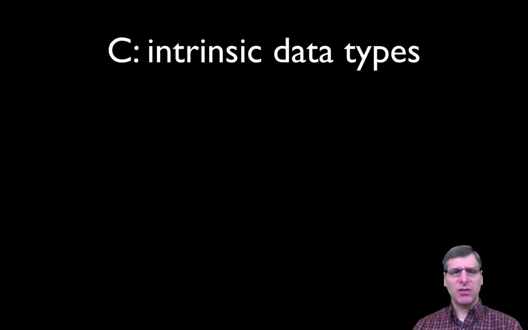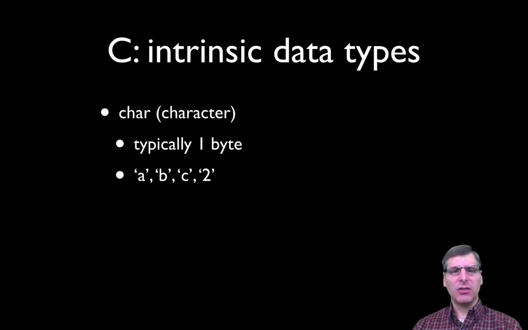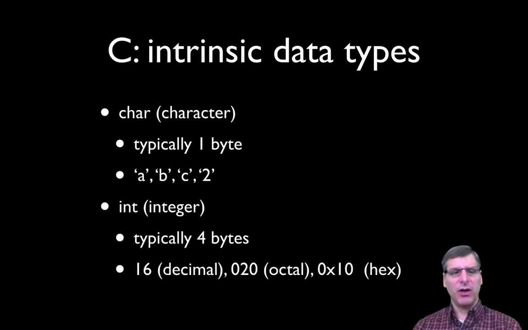What about data types? Well, let's talk about some of the intrinsic or built-in data types in the C language. First of all, we have the char data type, or some people say char. And this is a character data type. Typically, on most machines, it's going to be stored in a single byte. And you'll see I've got some literals, A, B, C, and 2. So characters, when we do character literals in our C program, we're going to delimit them with a single tick character. We also have support for integers, and that is the int type.